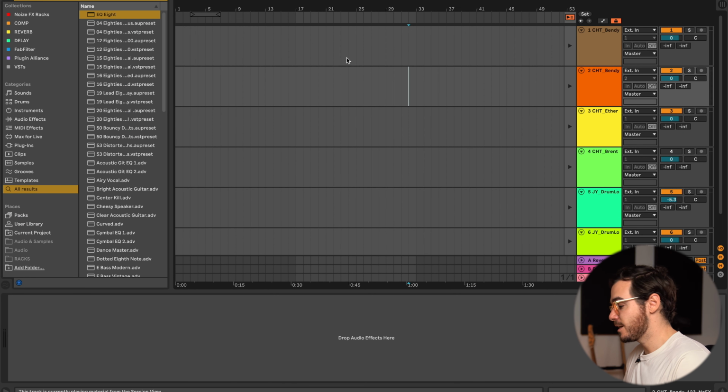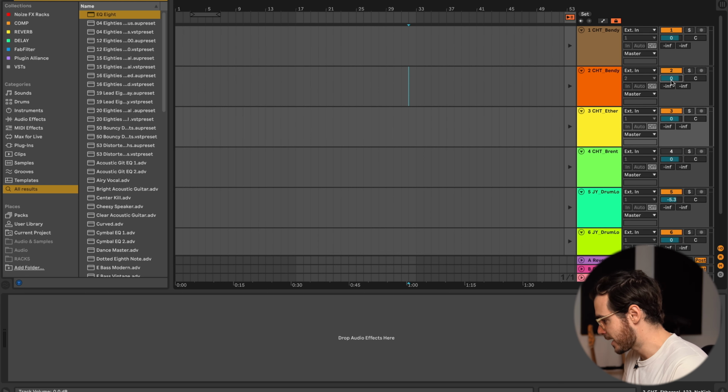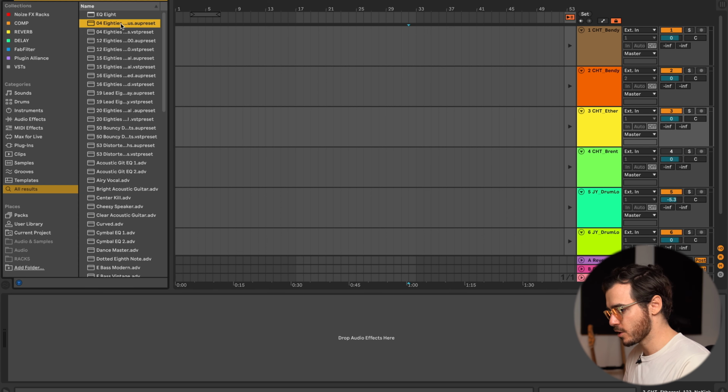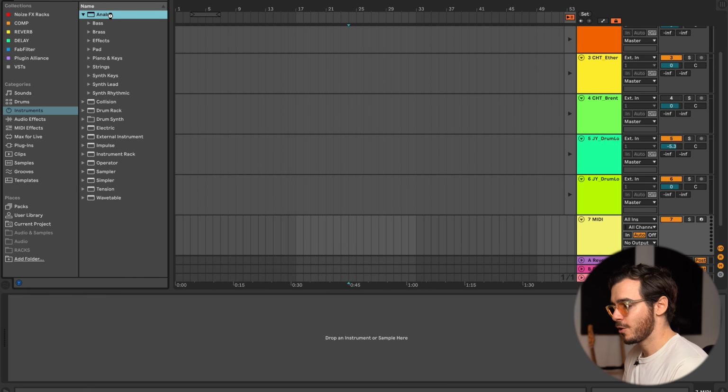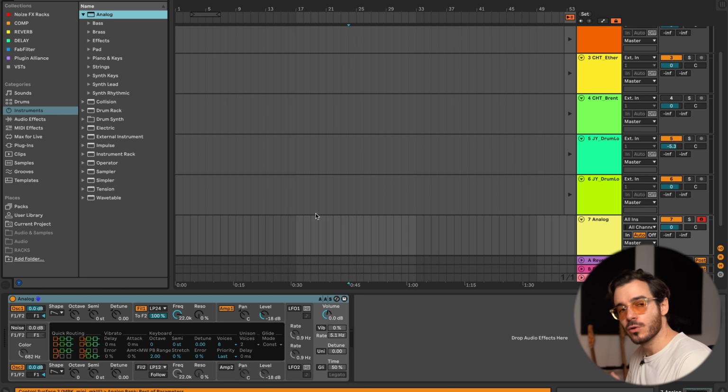Now in Ableton we can see a very similar thing, except the channels are actually on the right hand side. Here we have access to volume, panning, all those other functions that Logic has. We also have this browser which is always open, and this browser allows us to access, again, effects. We can also access different instruments and load them onto the channels.